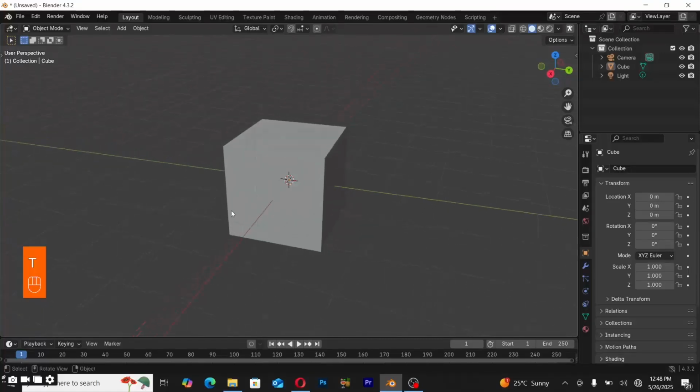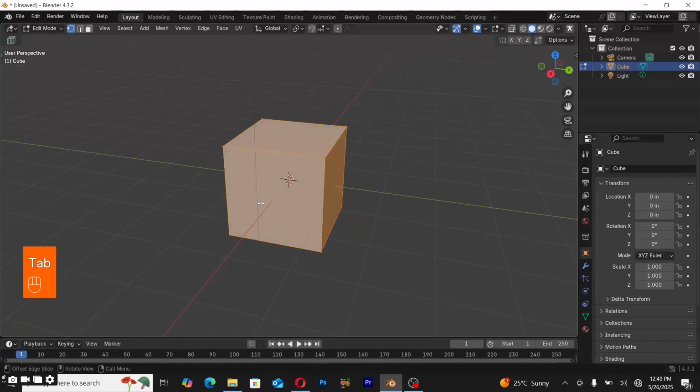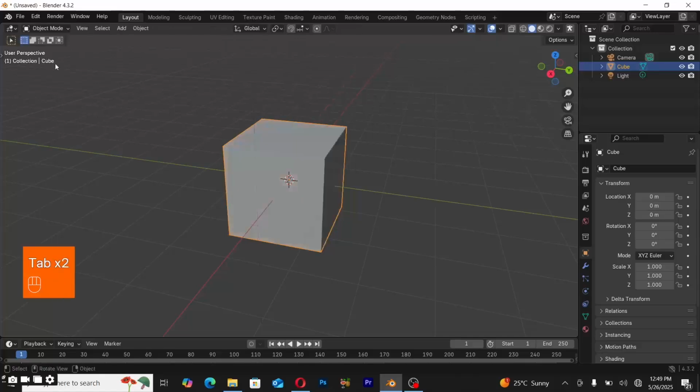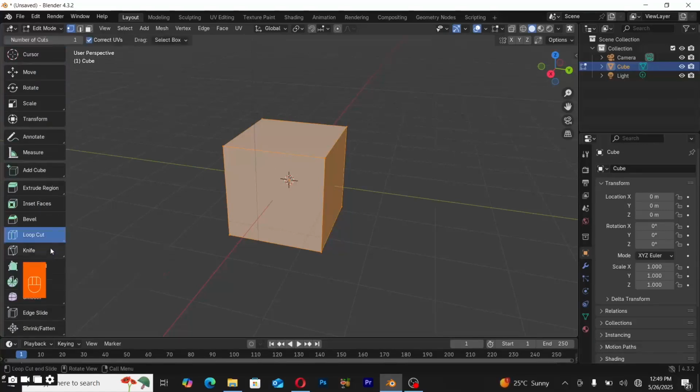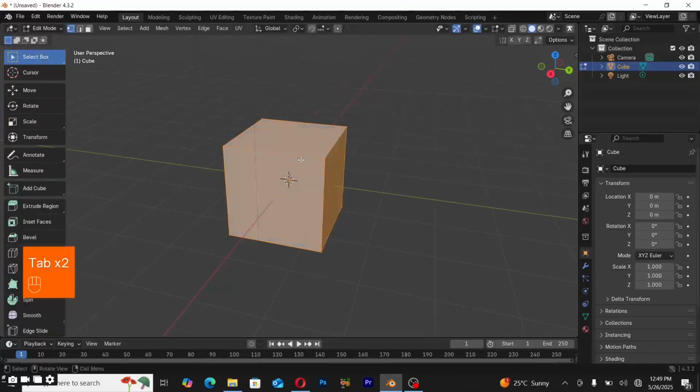The loop cut tool is a very useful tool for modeling, and it can be accessed when we go to edit mode by pressing the Tab key. When we go to edit mode by pressing the Tab key, that is where we can access the loop cut tool. So we can use it by pressing the loop cut tool here, or by pressing Ctrl R, but I recommend using Ctrl R. So we can use Ctrl R to click to get our loop cut,